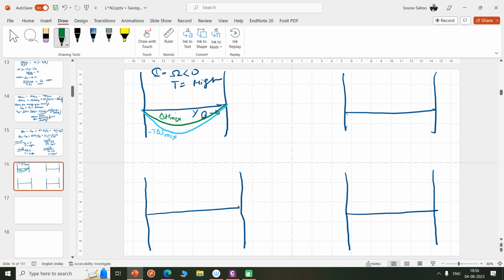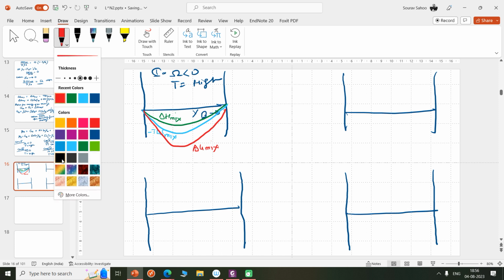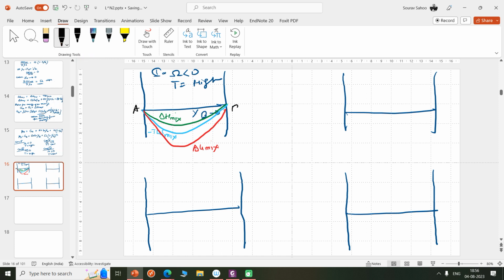So overall it gave us highly negative. This is delta G mix. Okay. So for case 2, where we have omega less than 0 but temperature is low. If temperature is low,